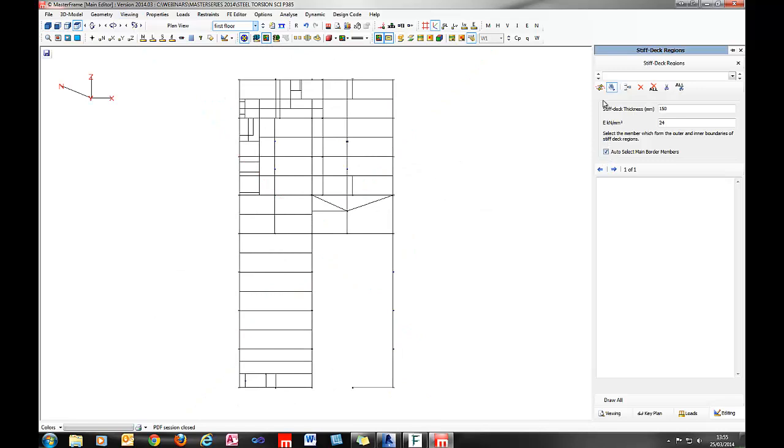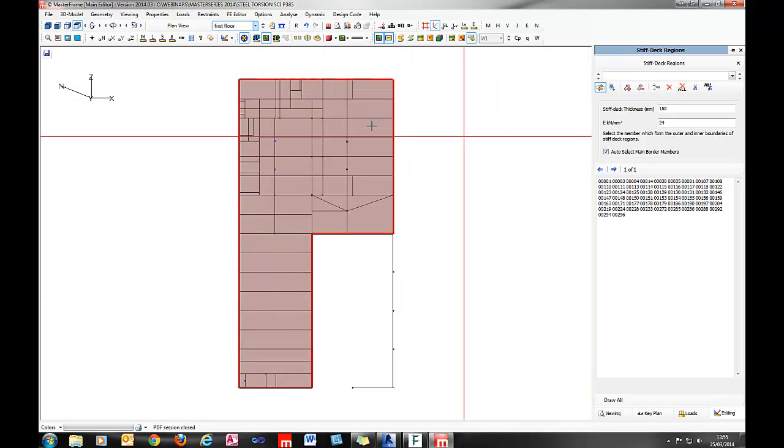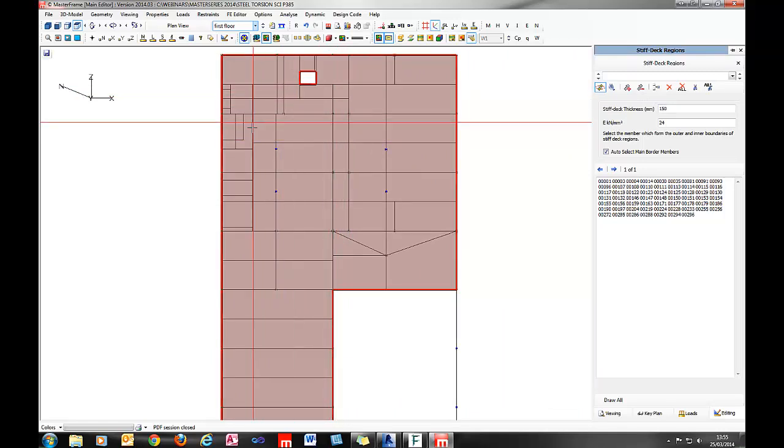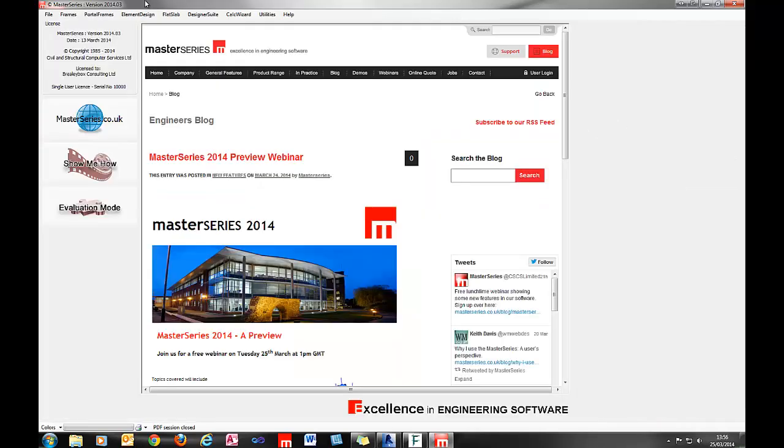I'm just going to say auto select just the main borders of what I window. So windowing that, it recognizes that's the main border set of members. And then what we can do is create secondary internal borders. So I can window this little set of members in here, or this set of members, to create an internal border. So at this point I'm going to hand you over to Michael,